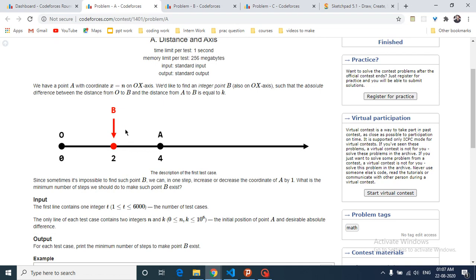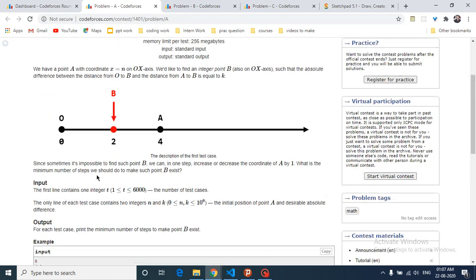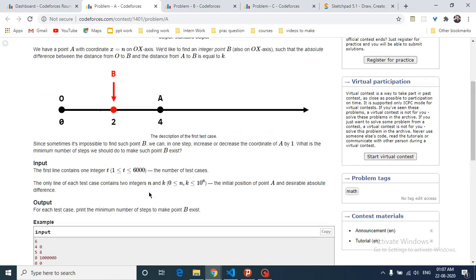Whenever you find such an implementation question, always in the first questions, the A type of questions in Codeforces Round Division 2, always try to do two or three test cases. Just take these test cases and draw them out without seeing the answer itself, and then see whether your implementation is right or wrong. Then you can easily solve it out. It's always math-based questions.